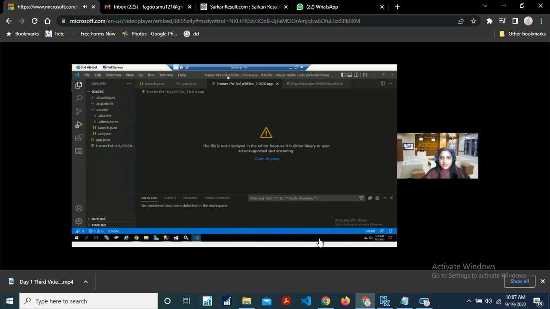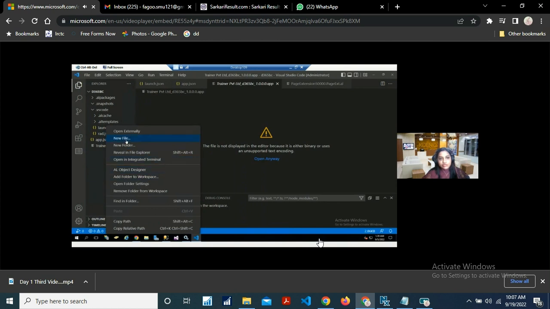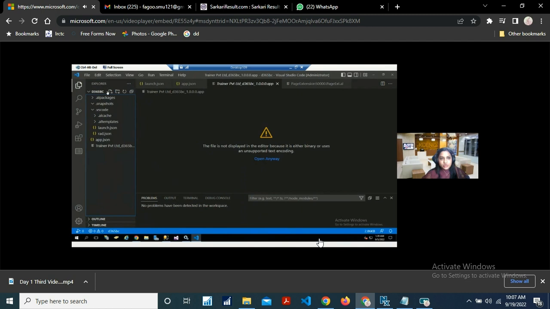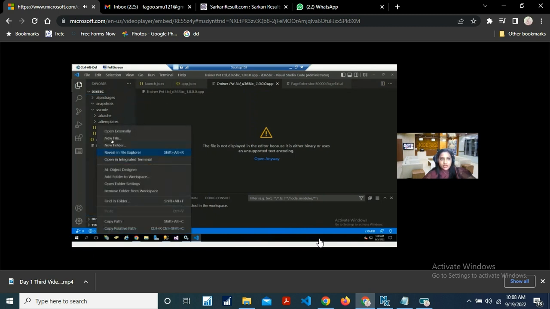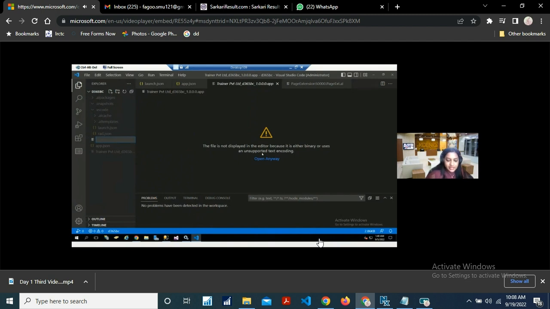Okay. Now this is dark mode and this is a project. So if I want to create any new file in the project, I have two ways. I click on this dark part here and right click on it and then I can create a new file or a folder, depending upon me, right? Or either I can go to this. After the name of my project, I have these options: create a new file, create a new folder, refresh the explorer, or collapse, right? So I'll right click on it, click on new file,